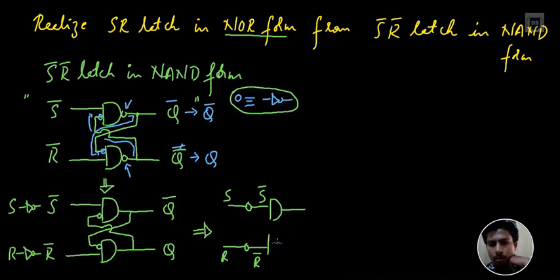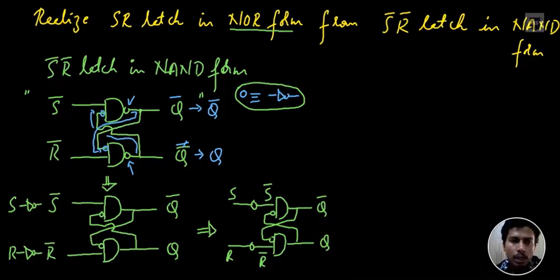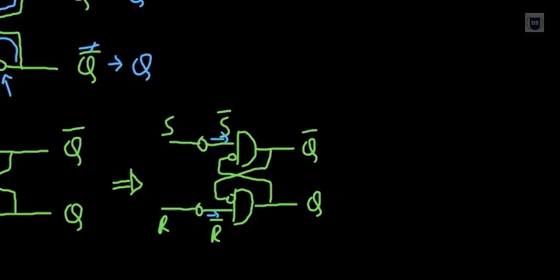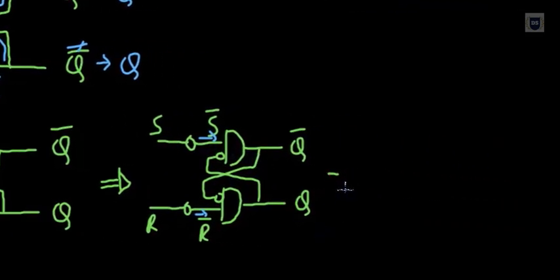So here we have one more AND gate, and on the other input I have to draw these bubbles, and from here feedback connections, and these are Q bar and Q. Now what I'll do with this structure is I can again shift this bubble, which represents a NOT gate, all the way to the input on the S end as well as on the R end, such that this bubble can be thought of as present at the input. So the transformed logical diagram would look like this.